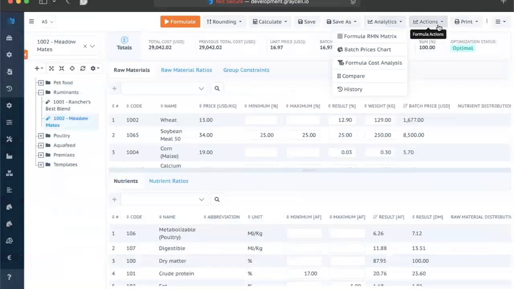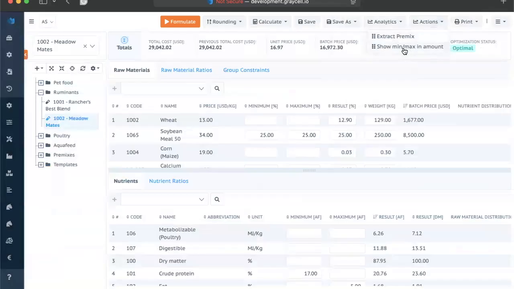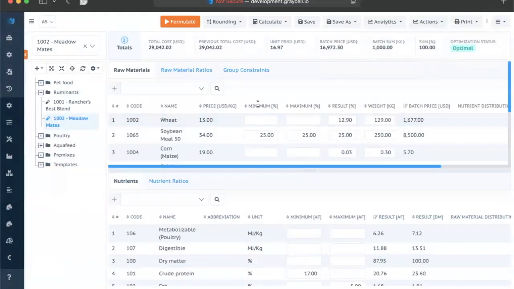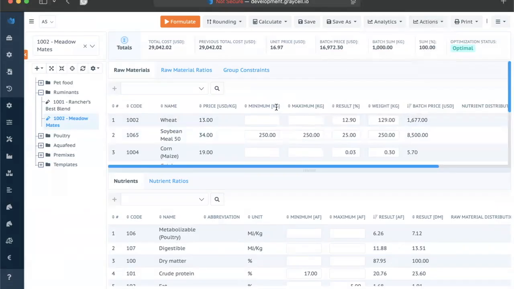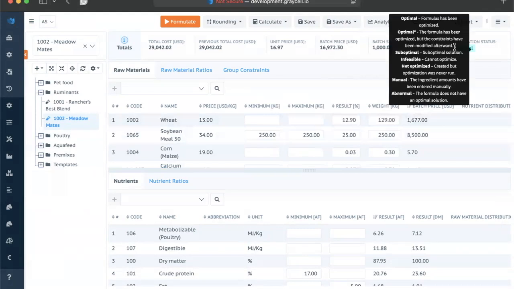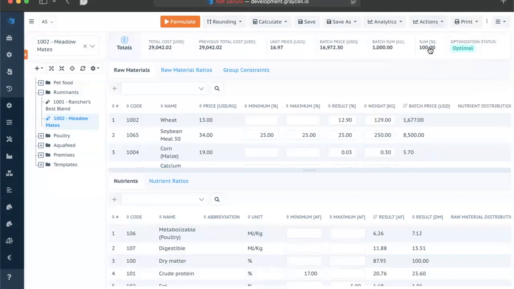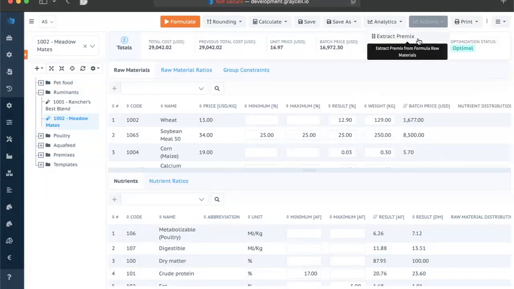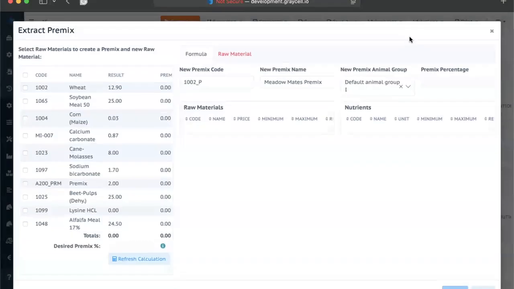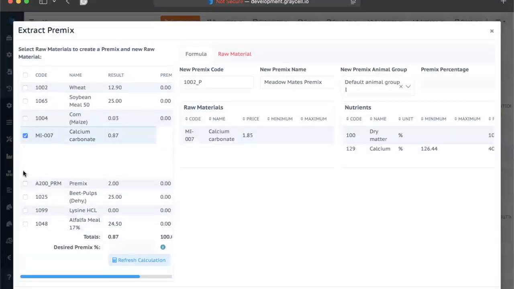So analytics is that. There are actions. One small change can be: these constraints are currently given in percent. If I go to action and show constraints, it can be in kilos or in pounds, it can be configured there. I'll return to min max in percentage. And also there is an action called extract premix. So if you create a complex formula that's both compound and premix, you can go here to extract premix and say, okay, from this huge and complex formula, this